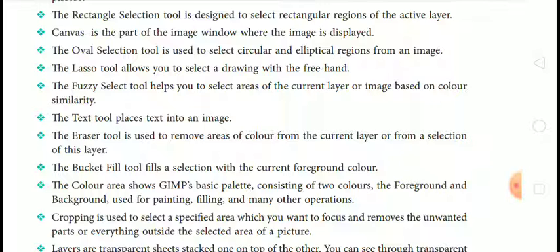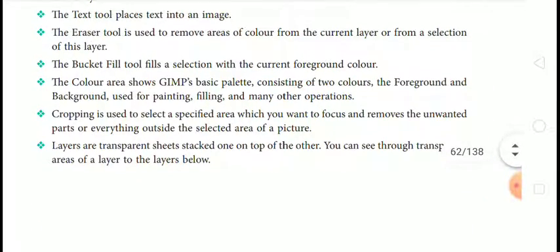The lasso tool allows you to select a drawing with the free hand. The Fuzzy Select tool helps you to select areas of the current layer or image based on color similarity. The Text tool places text into an image. The Eraser tool is used to remove areas of color from the current layer or from a selection of this layer. The Bucket Fill tool fills a selection with the current foreground color.